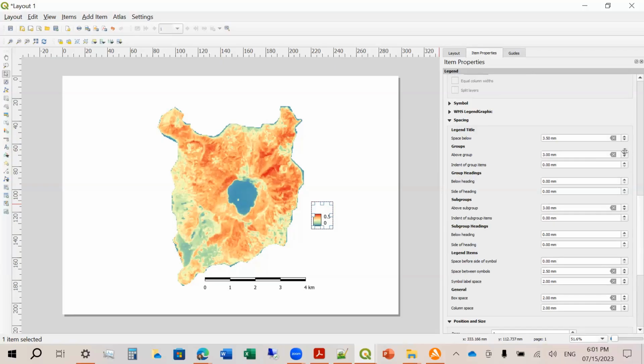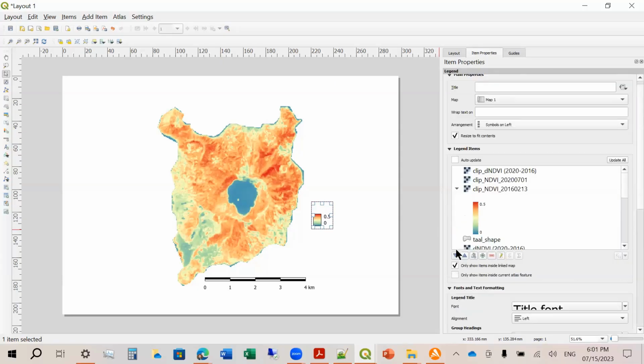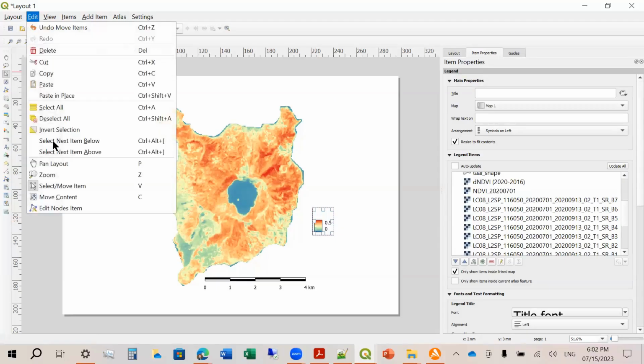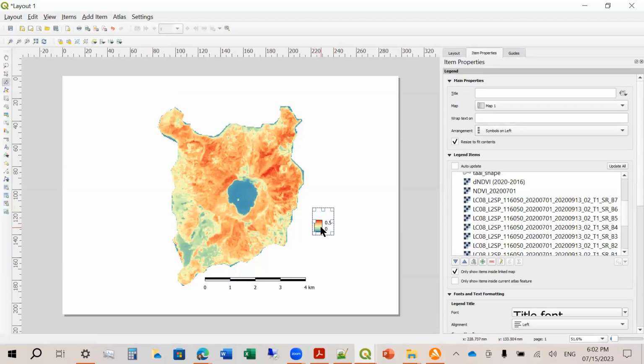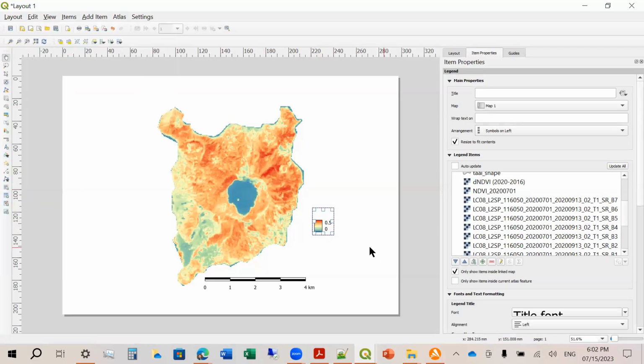Legend group. Now this is spacing. Let's see, move content. Turn layout. Click. So I want to change the symbols on right. No, symbols on left.